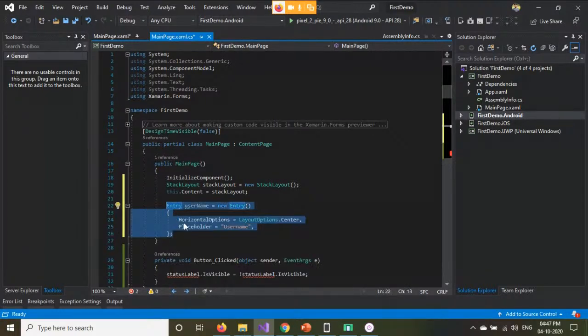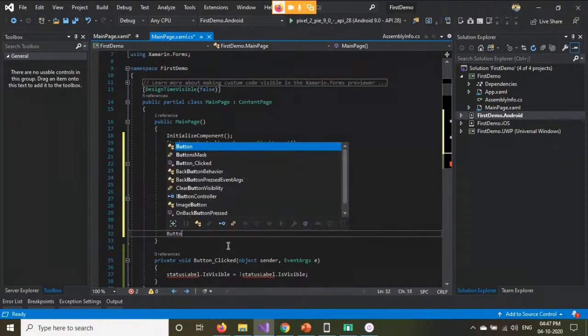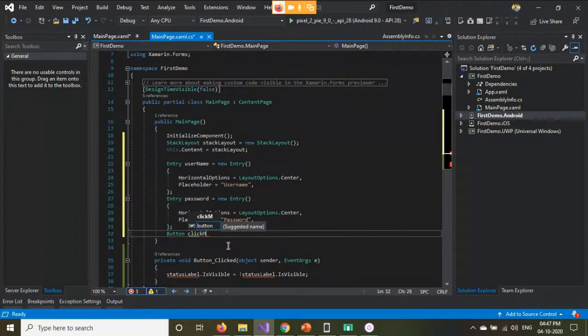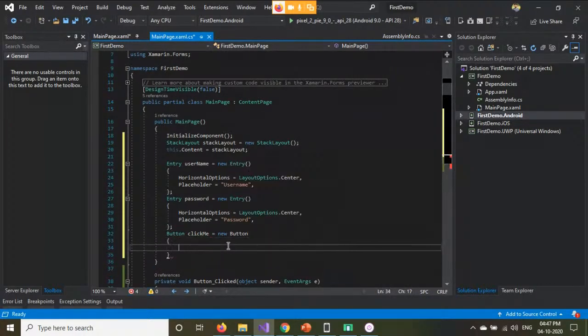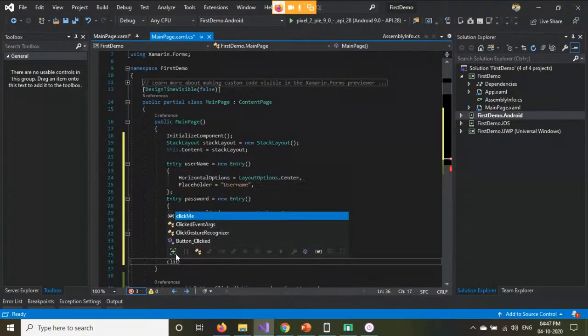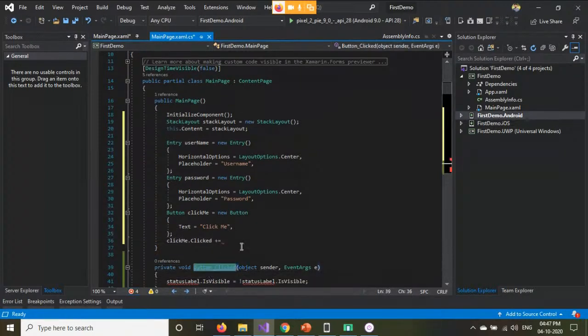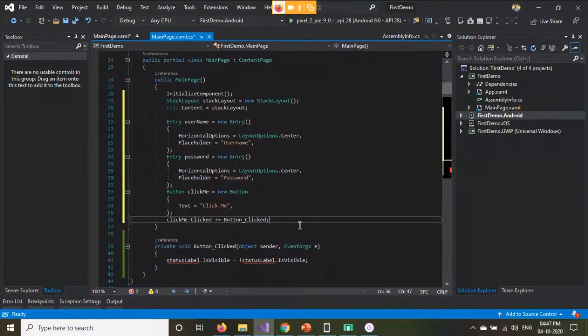So similarly, we can have another control which is password, and the same text here as password, and then a button with text as login, sorry, plus equals. Fine. So now all we need to do is